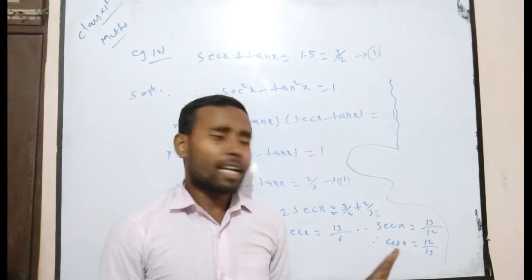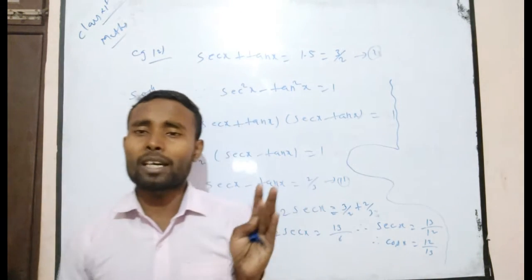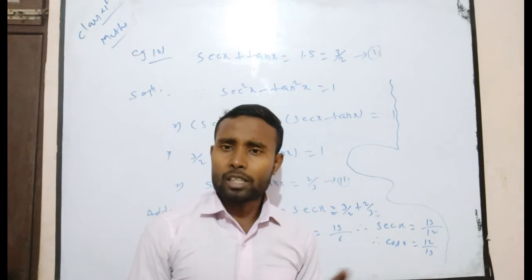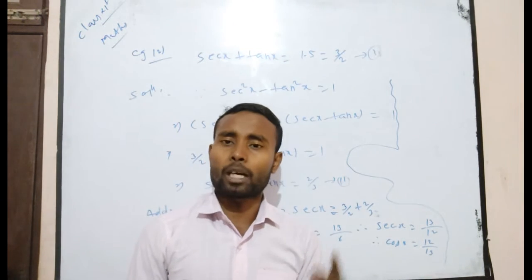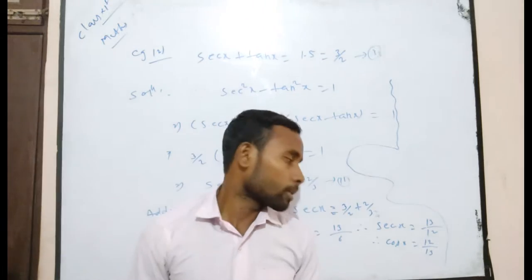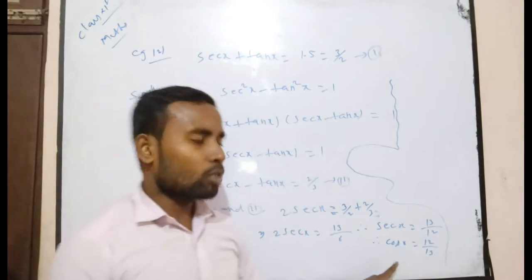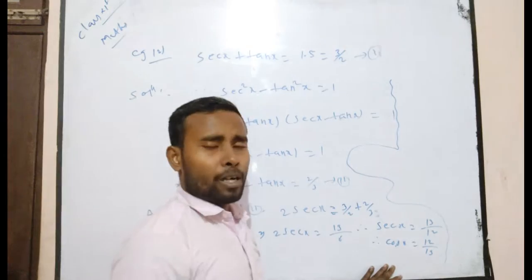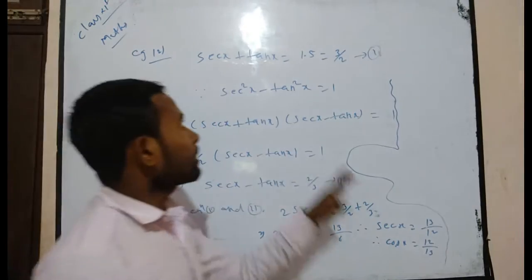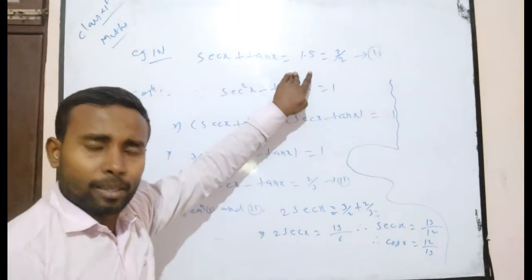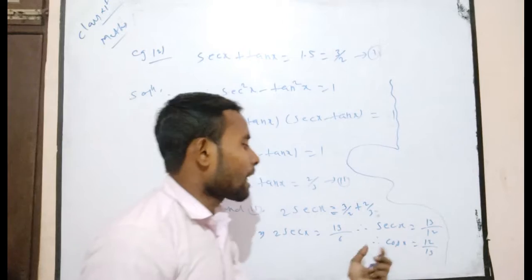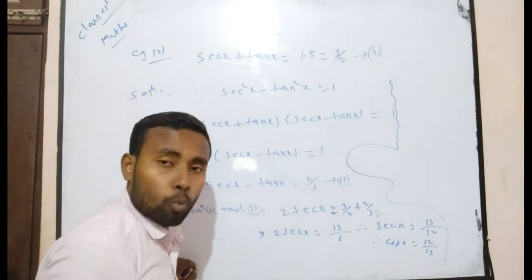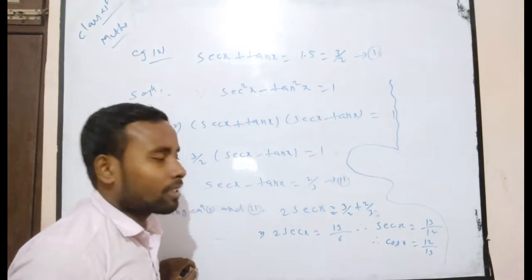If you consider the second quadrant, in the second quadrant sin and cosec are positive, in the third quadrant tan and cot, and in the fourth quadrant cos and sec will be positive. Here cos x is positive, so you can consider also the fourth quadrant. If you consider the first quadrant, then everything becomes positive, because in the first quadrant each and every term will be positive. If you consider the fourth quadrant, what